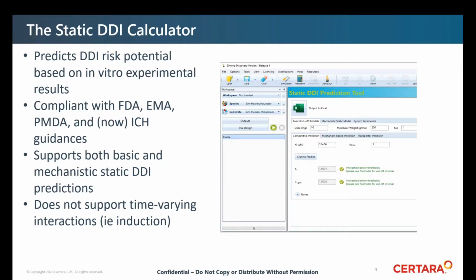As I mentioned previously, we do include a static DDI calculator in our Simcyp Discovery package. You can look at this as a screening tool. It is very conservative, and it's based on regulatory guidelines published by the FDA, EMA, PMDA, and now ICH. It does support both basic and mechanistic static DDI predictions, but you should really view it as a screening tool